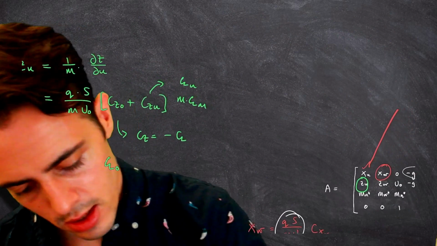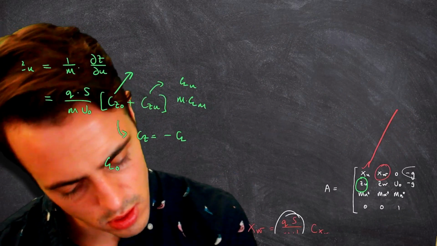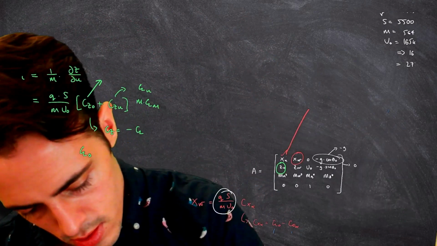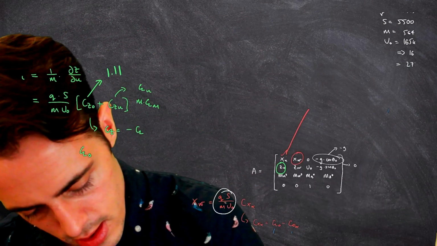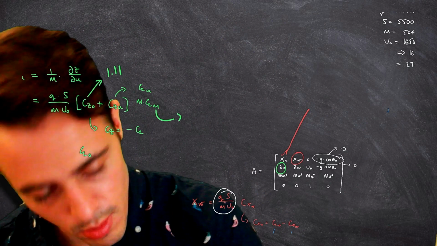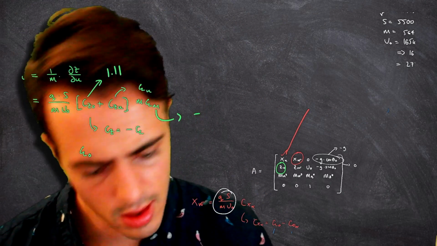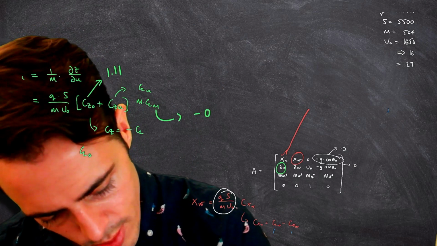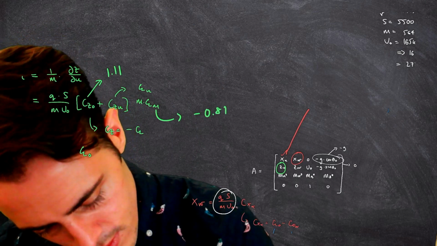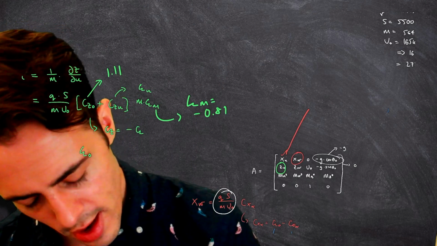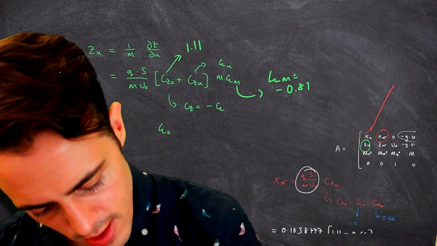So CL, we already knew from before, was 1.11, and CLM was minus 0.81, I think. Yes, minus 0.81. So we now just need to know the Mach number of our aircraft. So let's just put these in. We've got